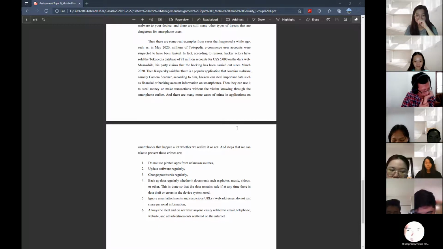Then, Kaspersky said that there is a popular application, such as a camera scanner, that contains malware. According to them, hackers steal important data such as financial or bank account information on the smartphone. Then they can use it to steal money or make transactions without the victim knowing. And there are many more cases of crimes through applications on smartphones that happen a lot, whether we realize it or not. And steps that we can take to prevent this are to not use pirated apps from